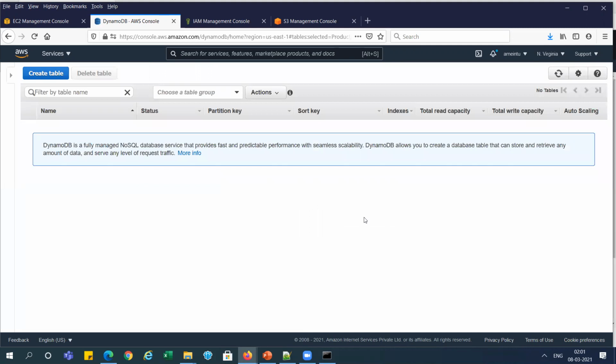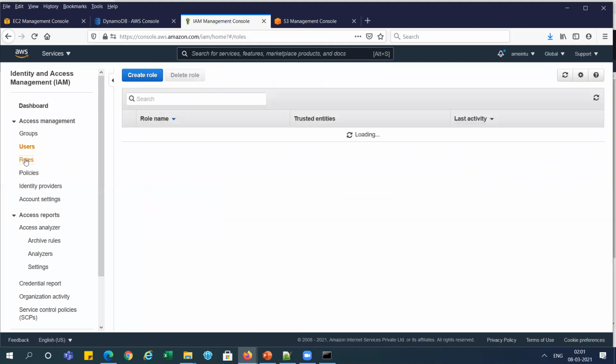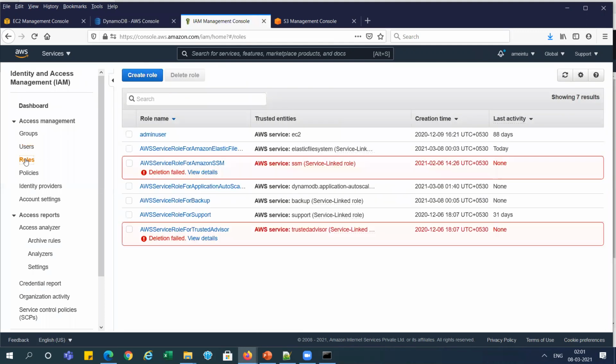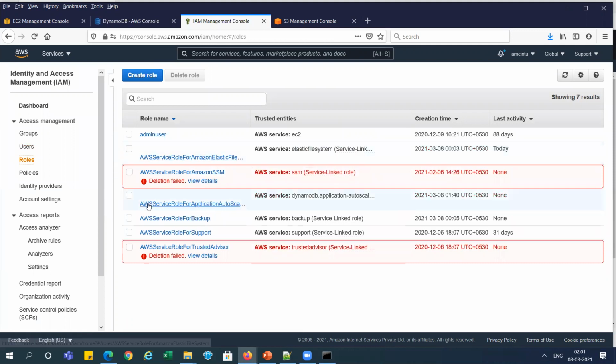Now you can see we have done the cleanup, right? We have deleted everything. Let me check whether any roles were created or not. Yeah, it created some roles. Yeah, a role for backup is created here. This service role I think is for an older one, not for this one. We have created only this one role for backup, right?